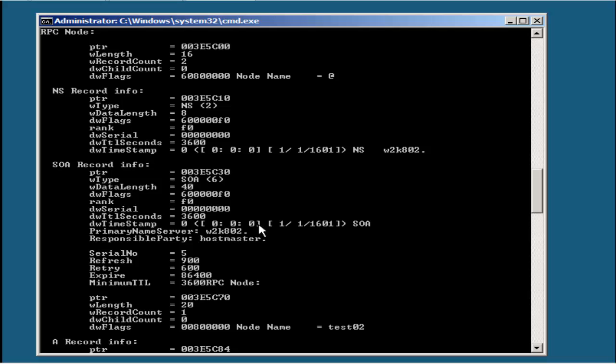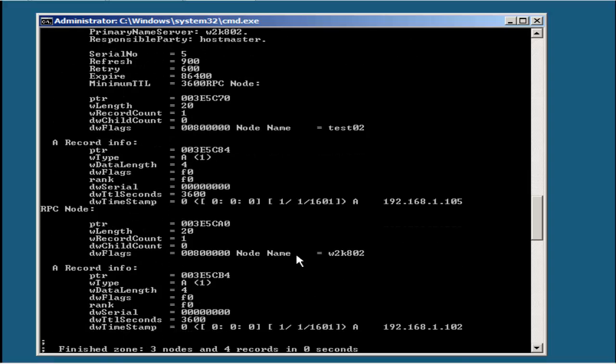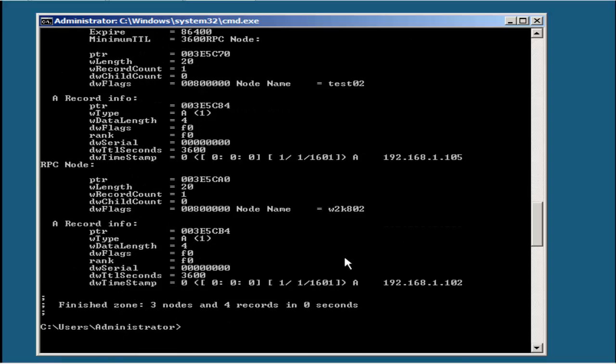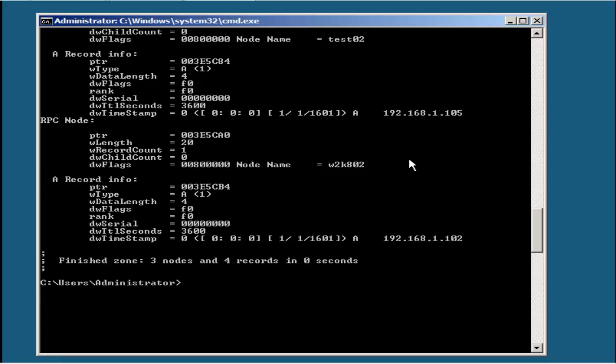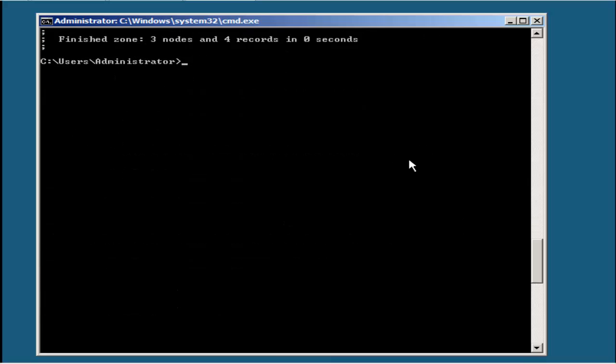Here's the start of authority. Again, this time it's Windows 2008-02 computer, of course. And the A record info right here is the info which is for Windows 2008-02 computer. And right here is the test IP address that I had. Now we're going to attempt something